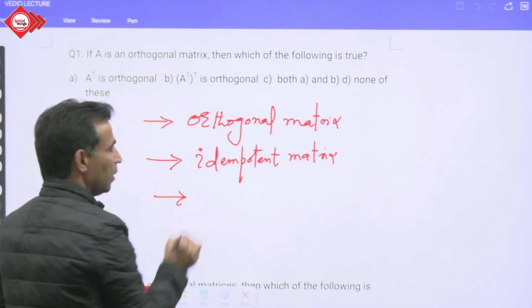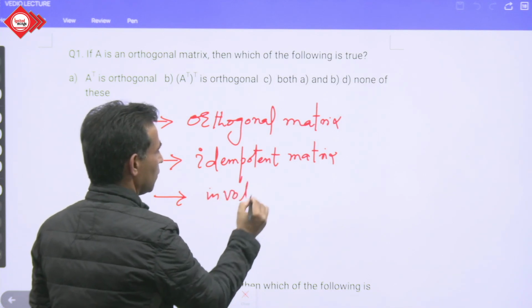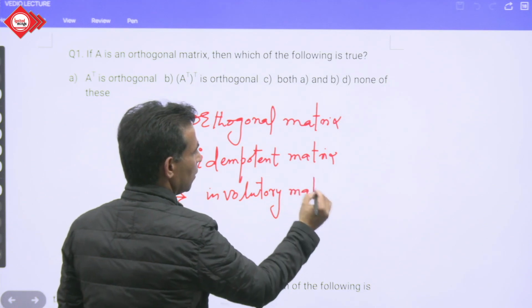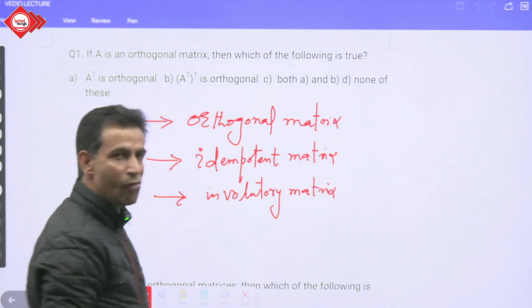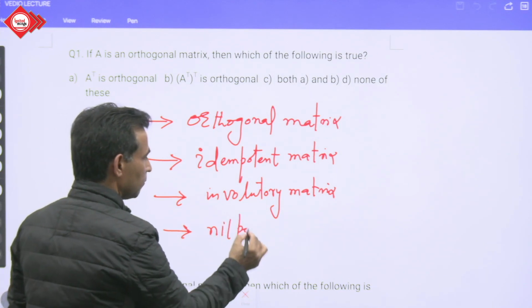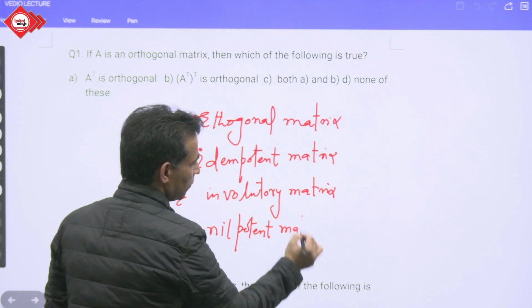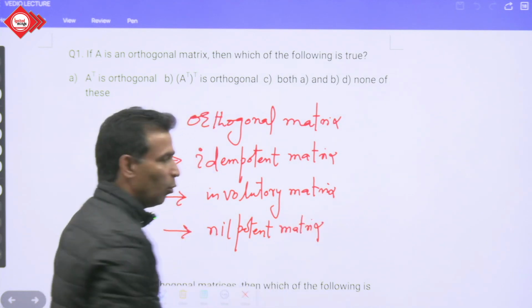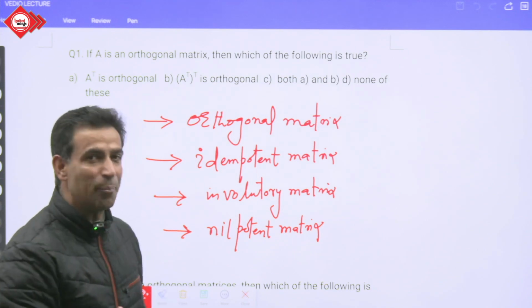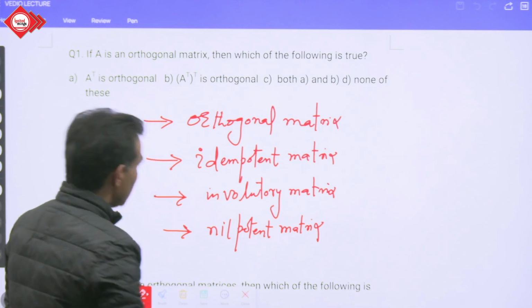We have involutory matrix. We have nilpotent matrix. Today's MCQs are completely based on these four types of matrix, right? Let us have a look